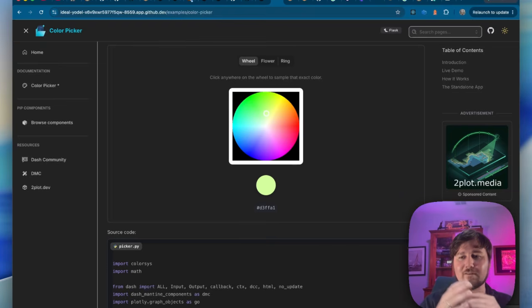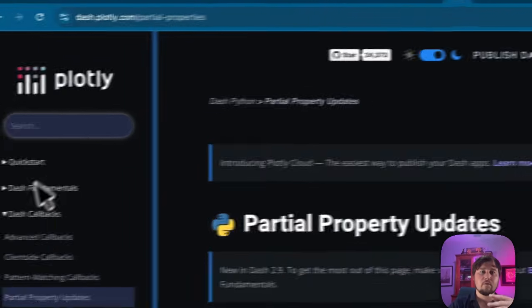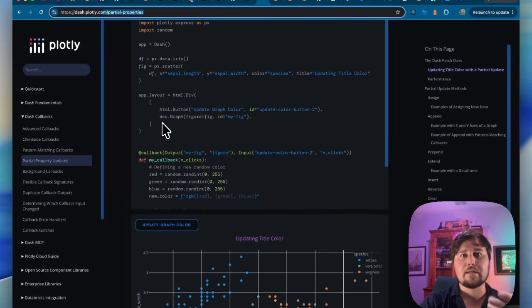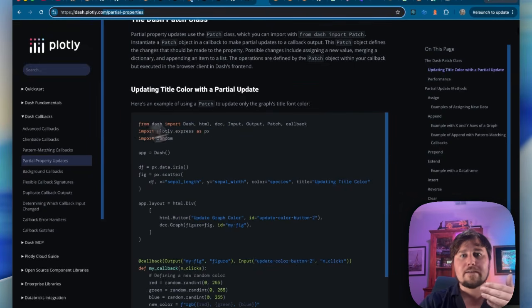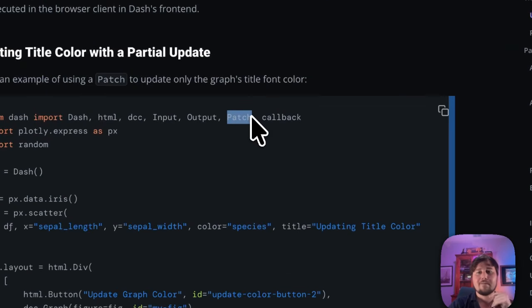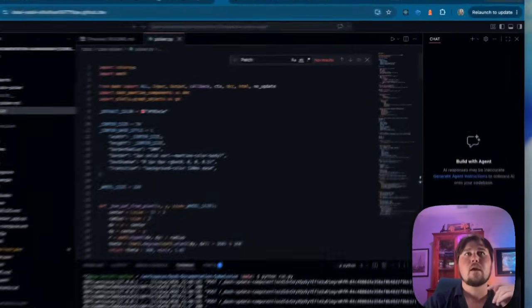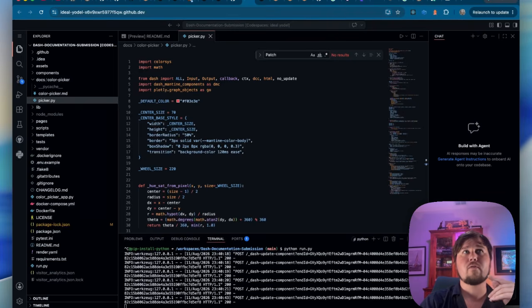And I wanted to showcase and explain how I would go about fixing this and making it a little bit better. The way that you'd fix it, if you go into the documentation of partial properties on dash.plotly.com, you can make your way down and get an idea of how some of this works. But ideally what you're looking for is Patch. This one right here, this one's cool. This is his current code, and I'm going to show you how introducing something as simple as Patch in the figure is going to change the whole feel of this application.